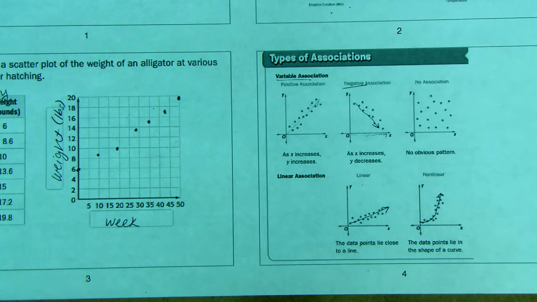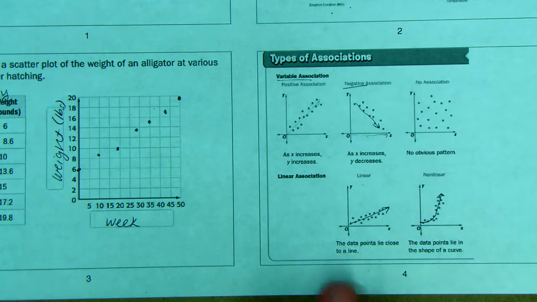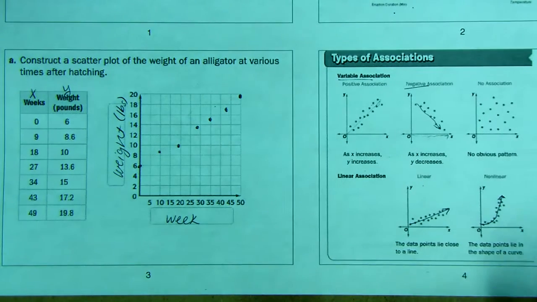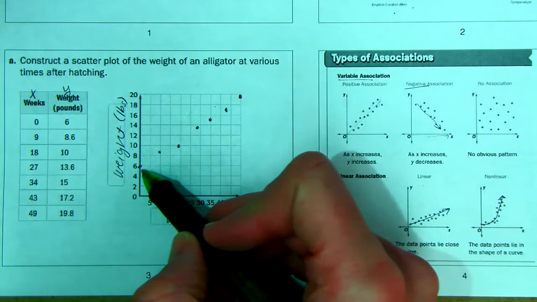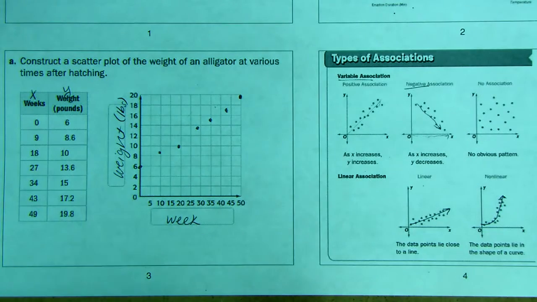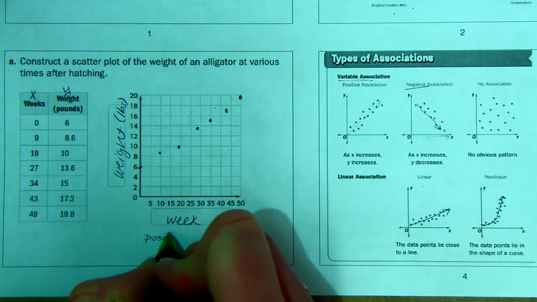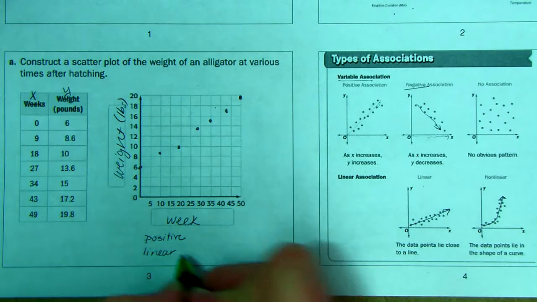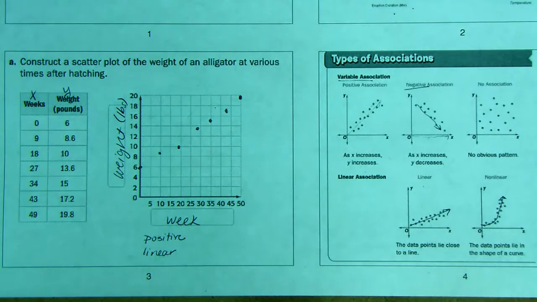So let's look at this one. Let's talk about that. First of all, there is definitely a positive association. So it's positive. It is very much linear. Now, is it a perfect line? No, it's not a perfect line, but it looks pretty close to a line. You could probably draw a really good line of best fit through a couple of those points or very, very close to the points. So I would say it's linear. And the last thing I'm going to ask for is a sentence relating my two variables. So,